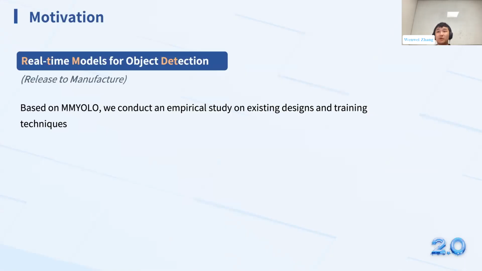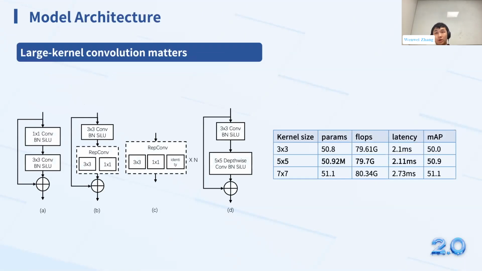Based on MMYOLO, we conduct an empirical study on existing designs and training techniques. So we release the real-time models for object detection, also called RTMDet. And the RTM, you could also take it as "release to manufacture". Based on the existing observations and the summary of the existing YOLO series models, we found that the large